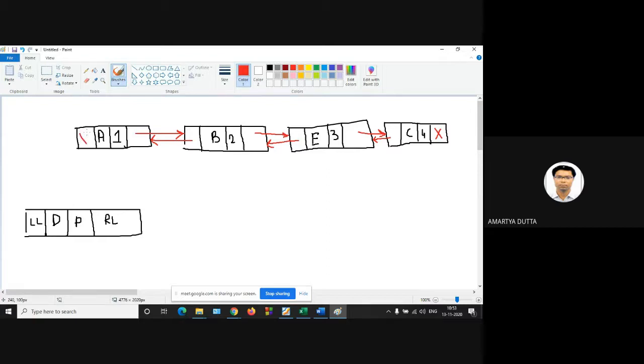Similarly, the left link of the first node is also null. So this is the list representation of the priority queue.